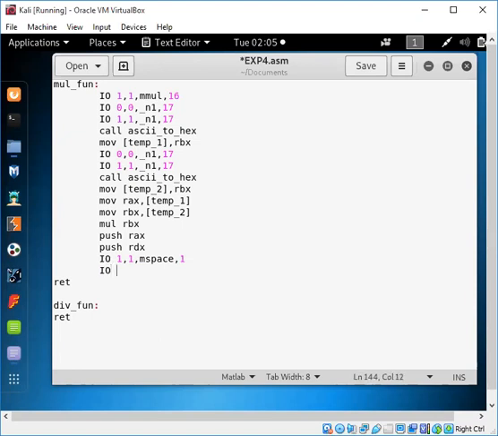Okay, so now for this, we need to get the contents of the RBX value for conversion, right? So for that purpose, we have intentionally put the content onto the RDX, as we are getting the second number in the RBX register, right? So we'll see how that will be done, but it will be required at the time of conversion.